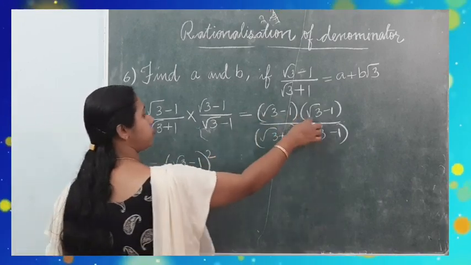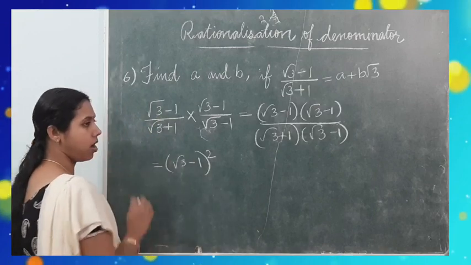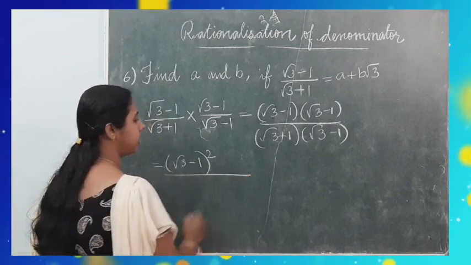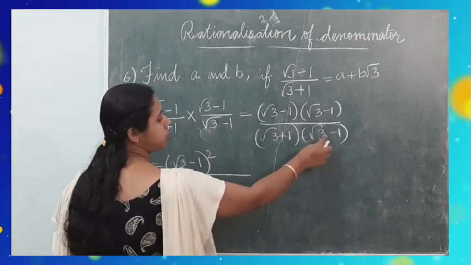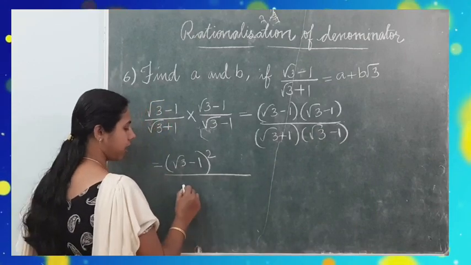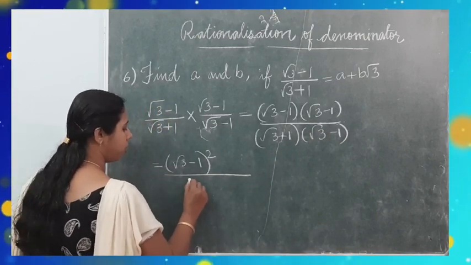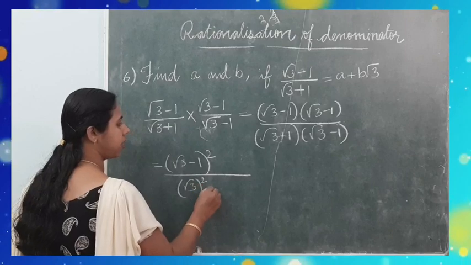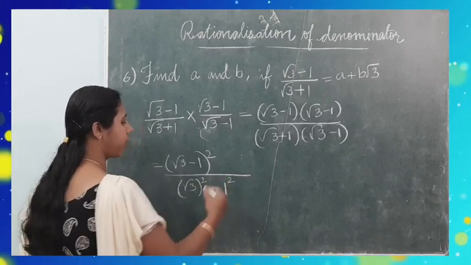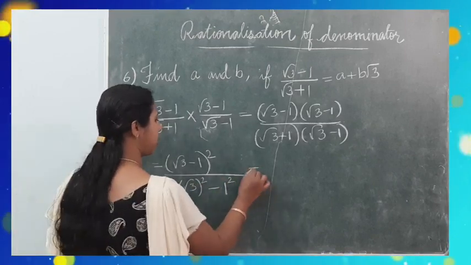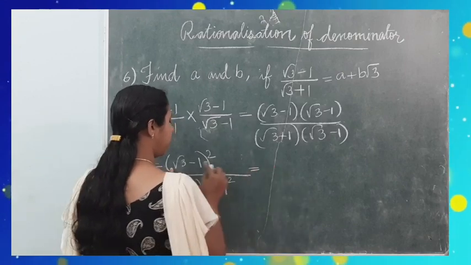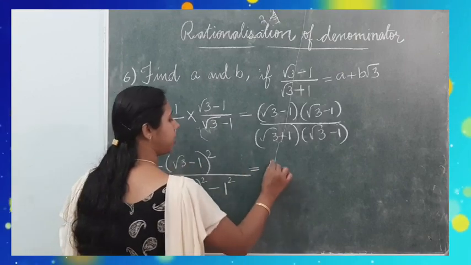A minus b into a minus b equal to a minus b whole square divided by a plus b into a minus b, that is a square minus b square. Root 3 whole square minus 1 square, which is equal to a minus b whole square is equal to a